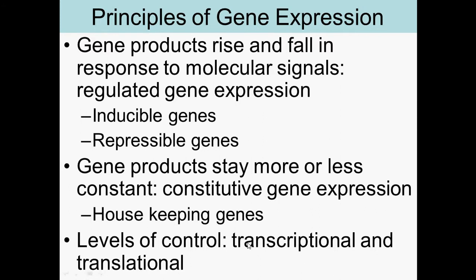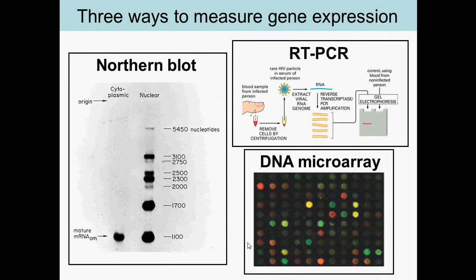Transcriptional control is more efficient because less energy is used, because you don't have to make the mRNA and then break down the mRNA. If you just stop the transcriptional part, then it's more efficient and more energy conservative. So we have a couple of different methods